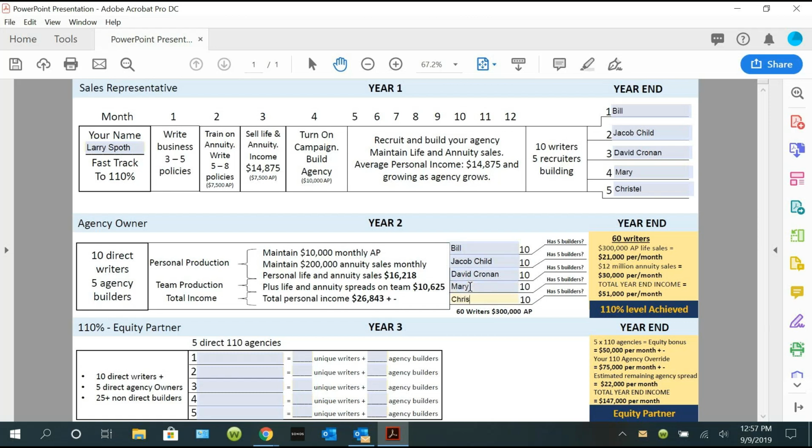And then we had Crystal, who's also killing it. And so what we want them to do is exactly what we helped you do. So we're going to get them writing life policies and annuities so that they have money so they can also turn on an automated recruiting engine for